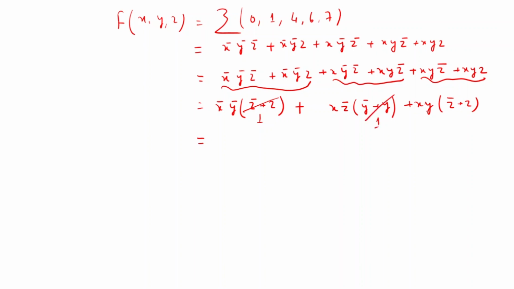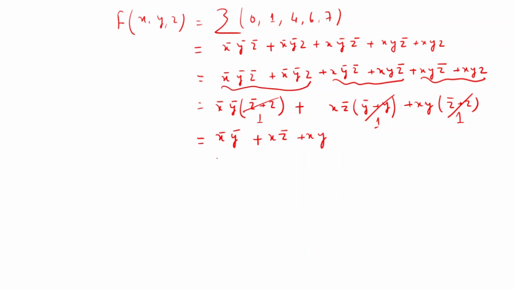And here this is also 1, this is also 1, and when we multiply any variable by 1, the result is the same variable. That means x complement y complement plus x z complement plus xy plus xy. Again we see a term is common. When we take this term common, it is represented as x (z complement plus y) in brackets, but this is not minimizing the number of literals.